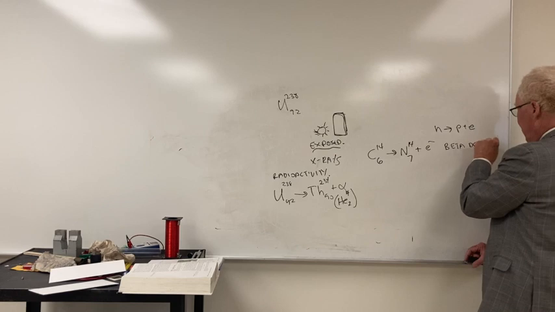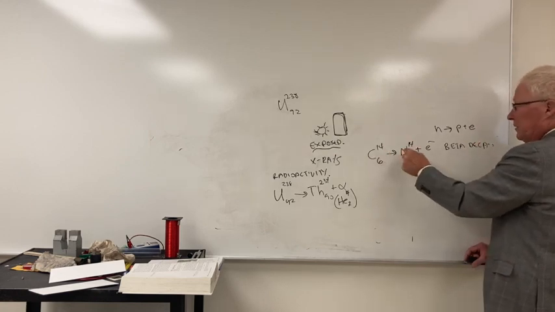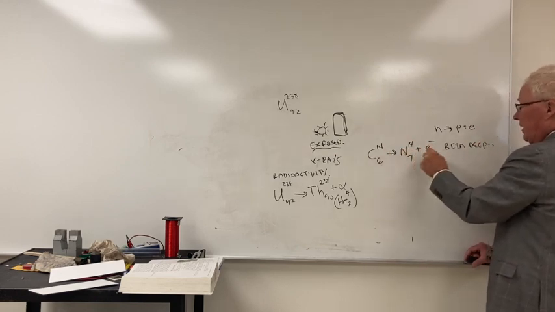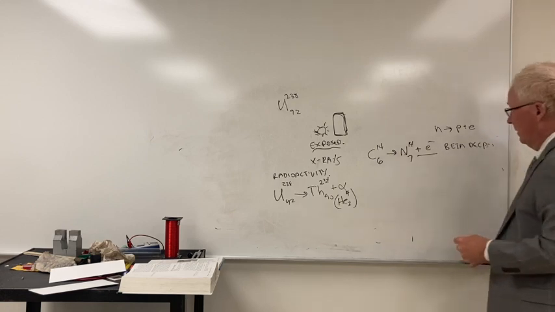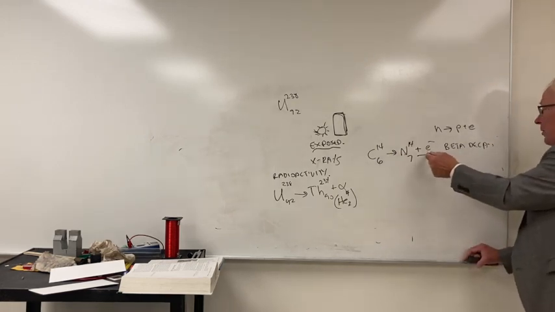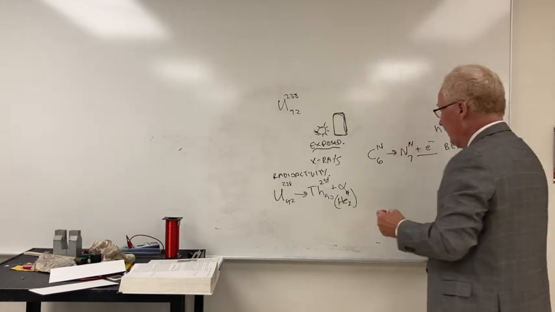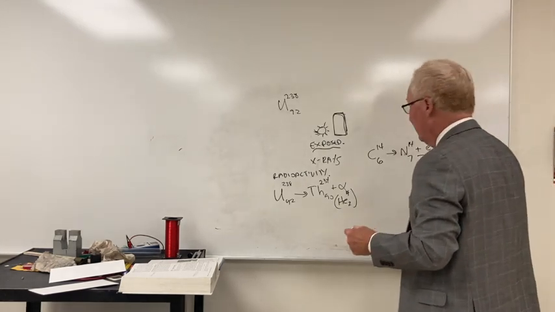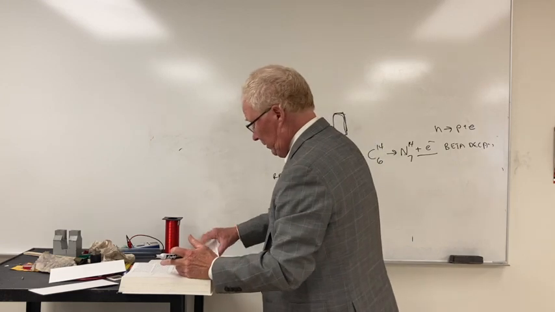And what happens is the carbon breaks down to nitrogen-14 and emits beta, what they call beta decay, which is a beta particle, which is an electron. And then the final one, which is a little more complicated, and we're not really going to do much with that,